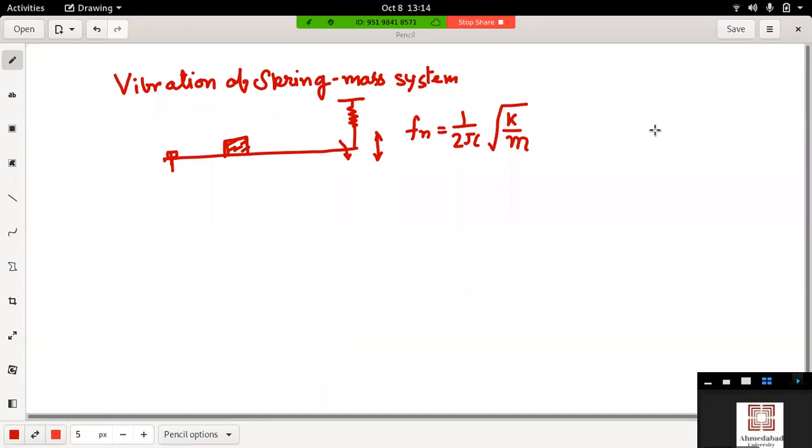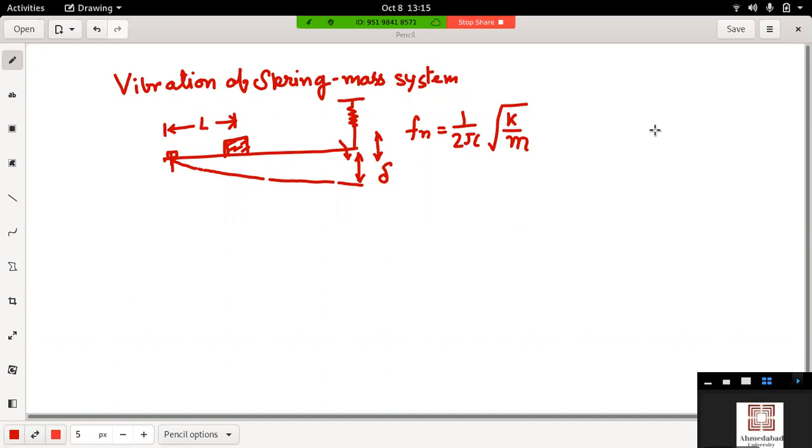Okay. Let's say after applying this, the beam is allowed to vibrate such that the deflection at this end is given by delta. After applying this external load at some distance, let's say the distance is L. So let's try to find out what will happen if we apply this external load.